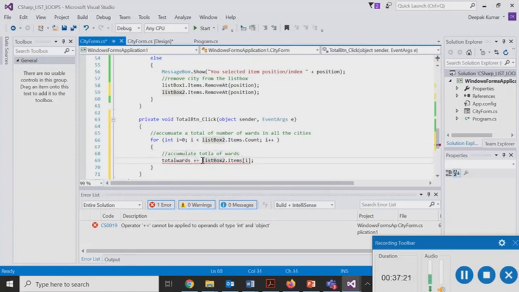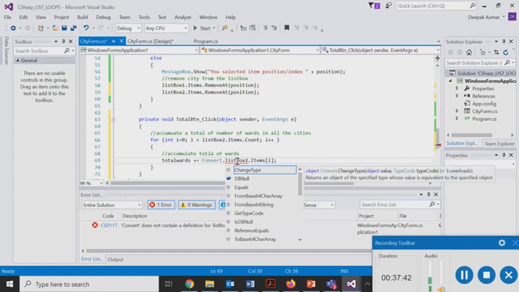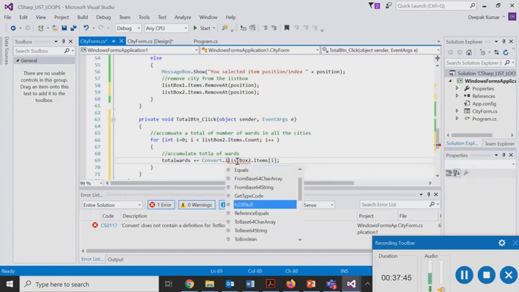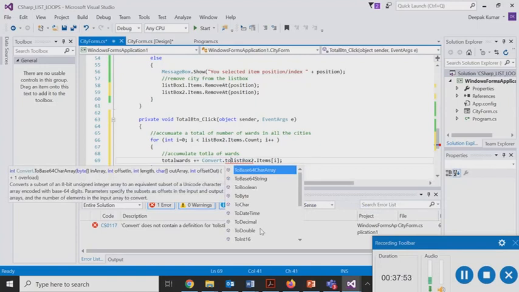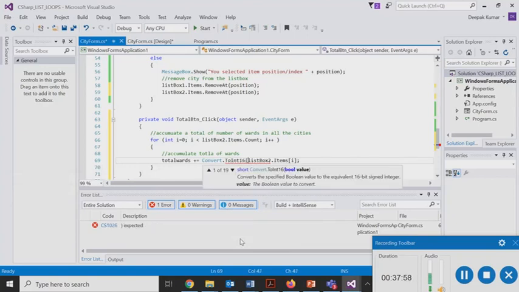So it is suggesting that these values of the list box are treated as string values or non-integer values. So we need to convert them into integer. We will be using the convert command here. So we'll say Convert.ToInt16 or ToInt32, whatever we prefer. This will go in brackets.